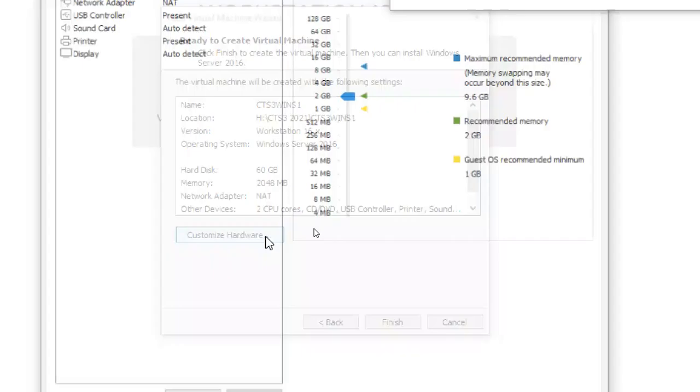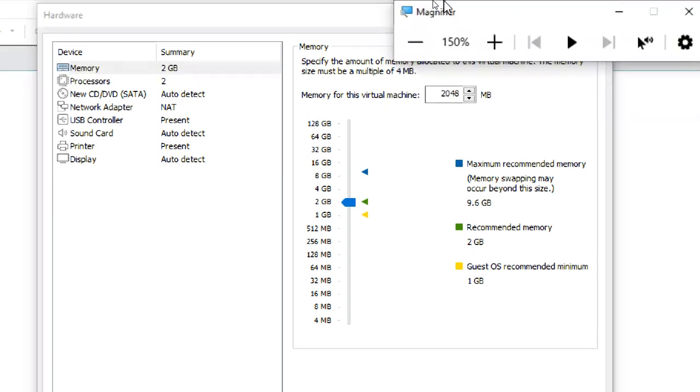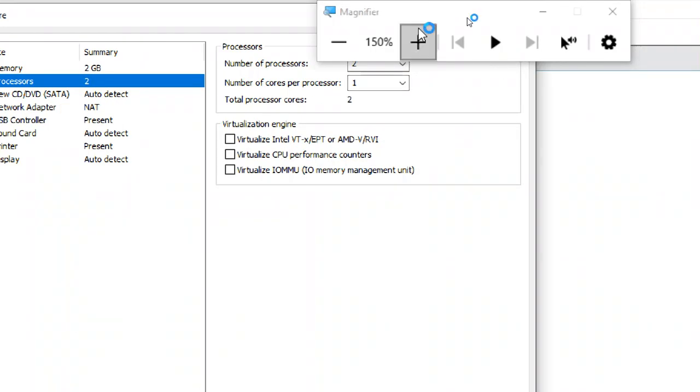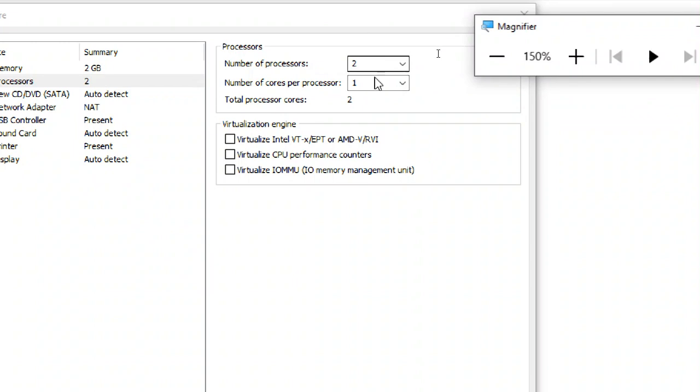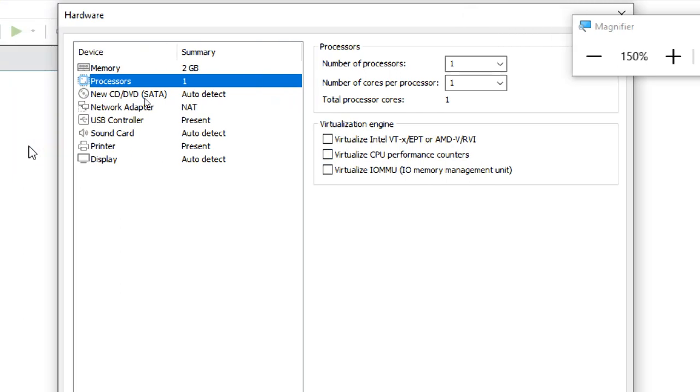Next, click on customize hardware. It is showing 2 GB memory. Currently I'm going to installation, so I want to make the installation faster. I'm putting 4 GB for the first time, just for teaching. Later I will change it anyway. Processor count is showing 2, but better always keep one only, unless it is compulsory. And select this option. This is purely optional. If you don't select it, no problem. This is only for getting internal virtualization, meaning nested virtualization purposes only.